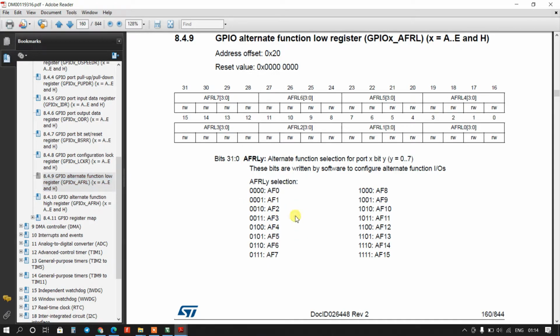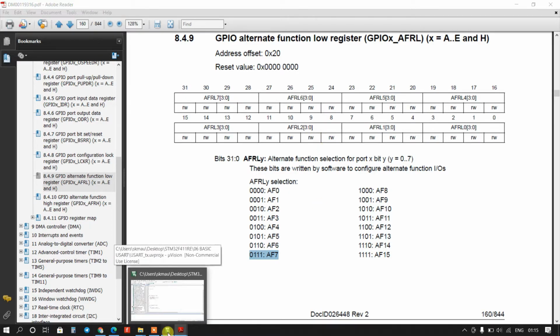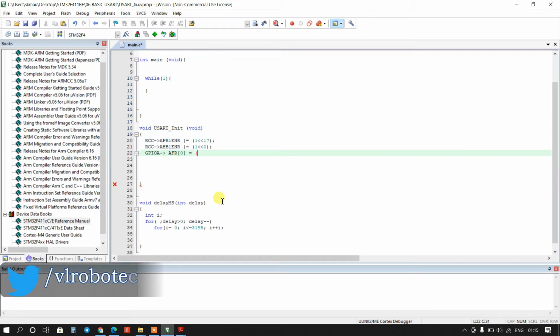Okay, so this is AF7, so it will be 0 1 1 1. So only the 8th, 9th and 10th position bits will be 1 and the remaining bits will be 0, so it will be 1 1 1, so it means it will be 7 left shifted by 8. So I hope you understood this. It will be 7 left shifted by 8.